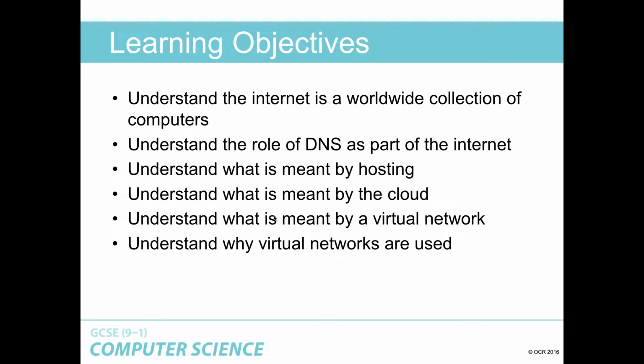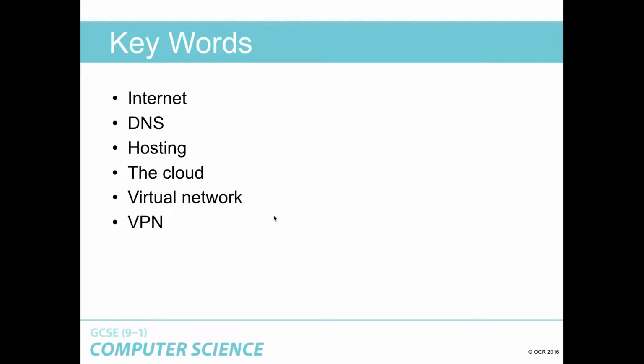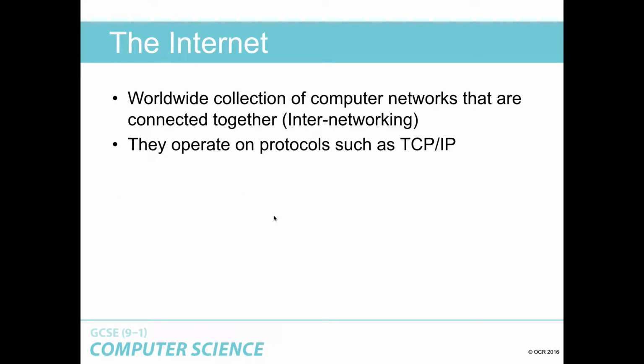So we're going to understand that the internet is a worldwide collection of computers, the role of DNS, which is a very important thing to understand as part of the internet, what is meant by hosting, what is meant by the cloud, what is meant by a virtual network, and why virtual networks are used. So there are some keywords there: internet, DNS, hosting, the cloud, virtual network, and VPN, but we'll circle back to them at the end. So the internet is a worldwide collection of computer networks that are connected together, or